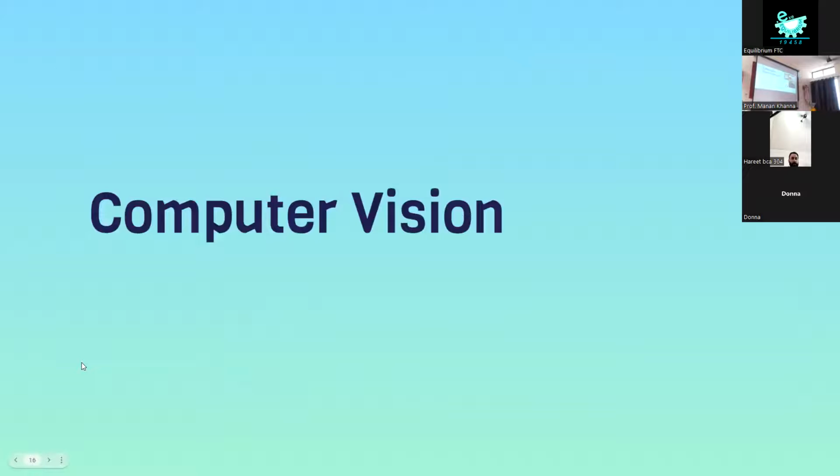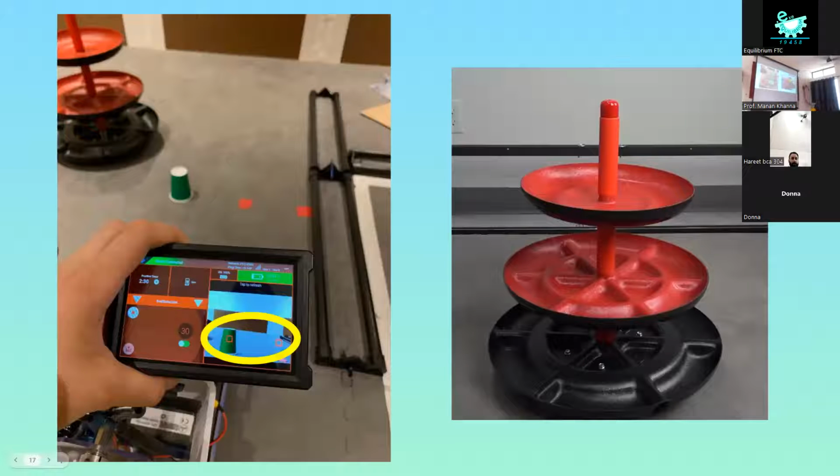One of the tasks in the autonomous mode is to detect the position of a team element in one of 3 positions. As you can see on the floor, the cup is currently in the left position. We have a camera on the robot that we use to detect which position the cup is placed in. As you can see on the floor, there are 3 possible spots that the cup can be in. Based on which spot the cup is in, the robot has to drop a block on a certain level of